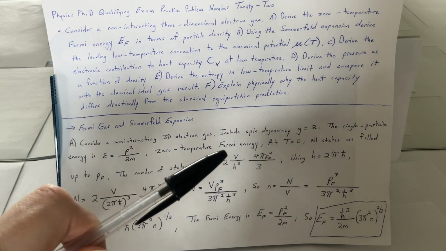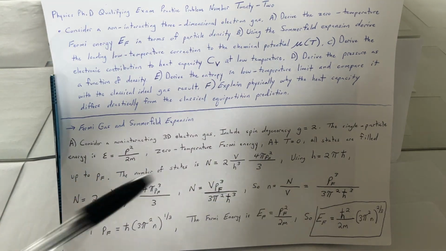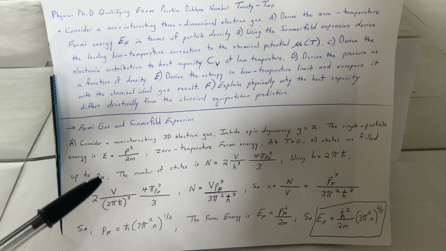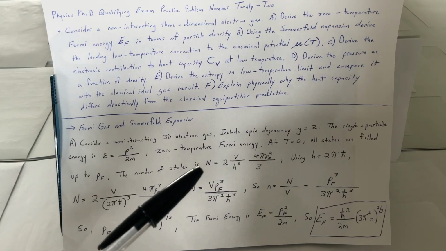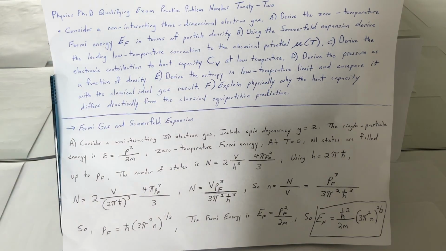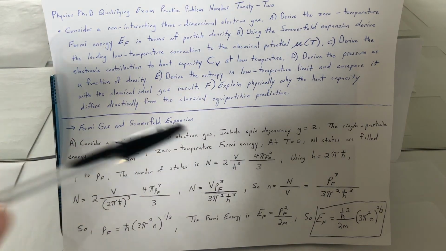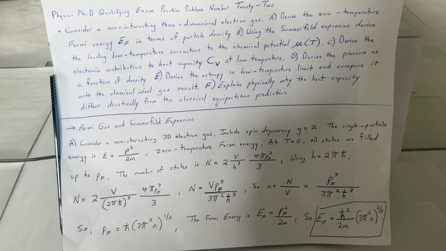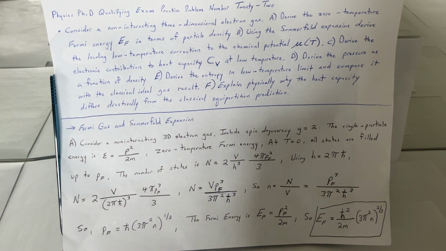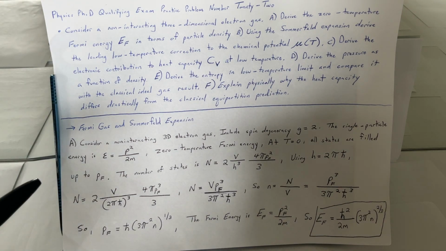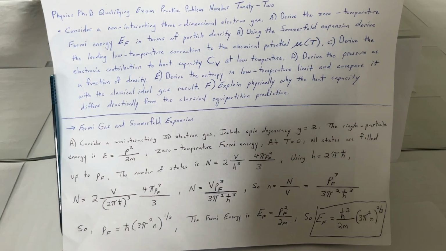Our zero temperature Fermi energy, at T equals 0, all states are filled up to p sub F. The number of states is N equals 2 times the quantity V over h cubed times the quantity 4 pi p sub F cubed over 3. And we're going to use h equals 2 pi h bar. So our N is going to be equal to V over the quantity 2 pi h bar cubed times 4 pi p sub